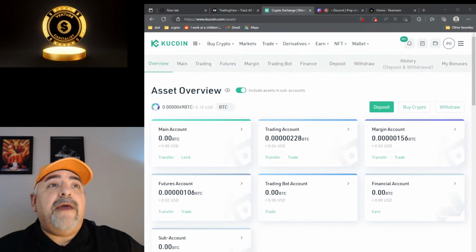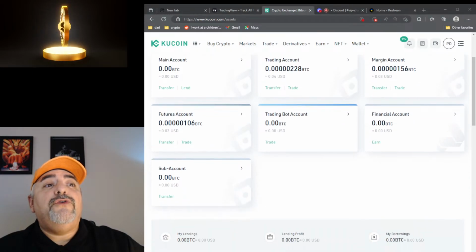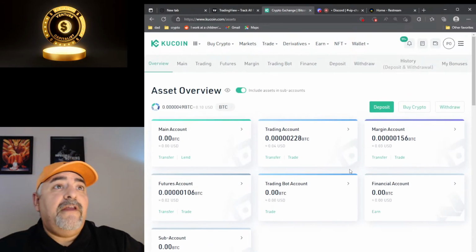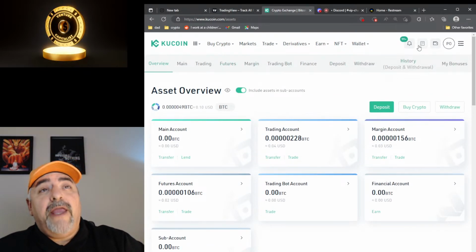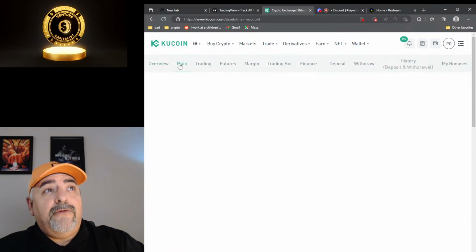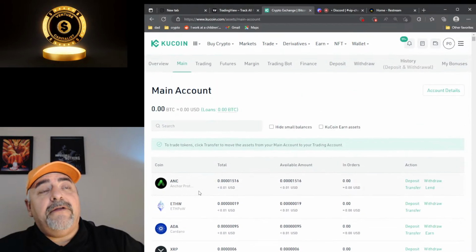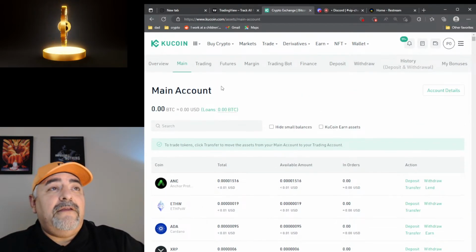Transfer money, right? So no matter what you do to get your money over to KuCoin, all you need to do here is, once you're in your KuCoin account, go up to your main account, and this is where all the coins will show up once you draw them in here. So to deposit, if you go to Coinbase or Trust Wallet or whatever, anytime you're moving